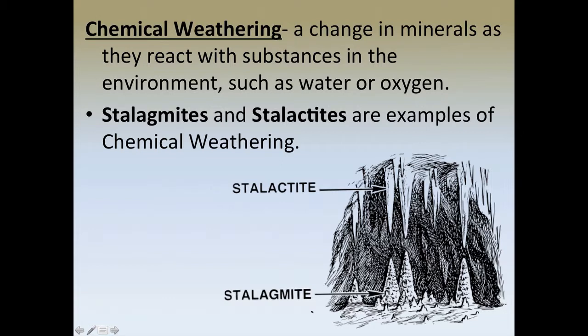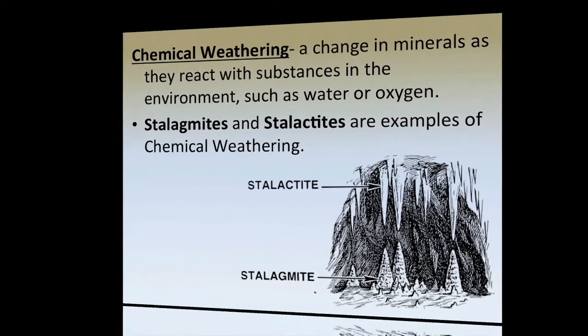So you have a puddle down here, but then it solidifies, becomes a solid rock again, but eventually it's going to build back up. At one point in time, this is going to actually touch. These will be connected, and a column will be made. As you can see with all these stalactites, there's a stalagmite right beneath it because they come from each other, or the stalagmite is built up by the dripping stalactite. That's chemical weathering.